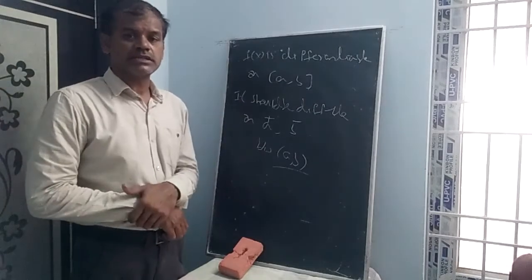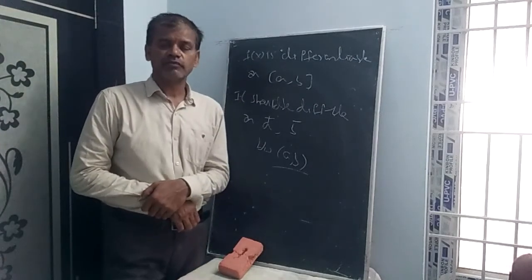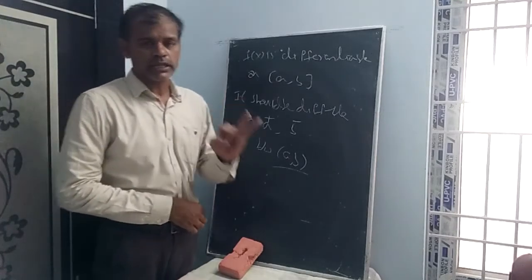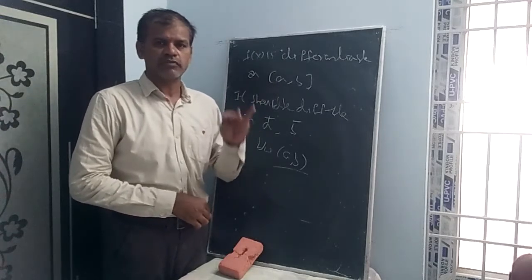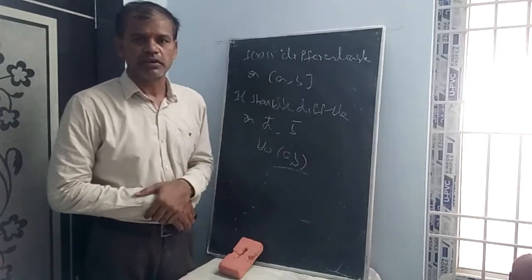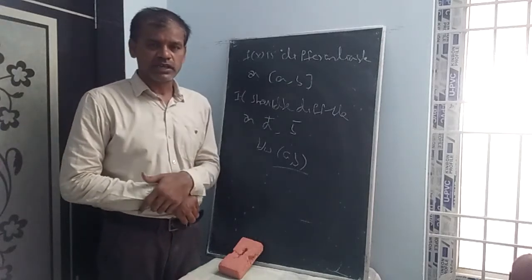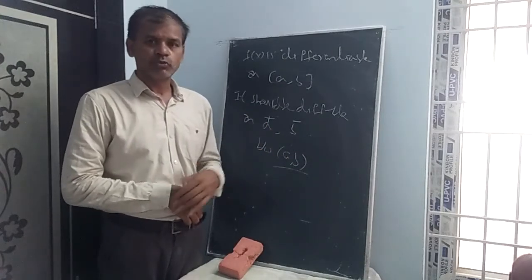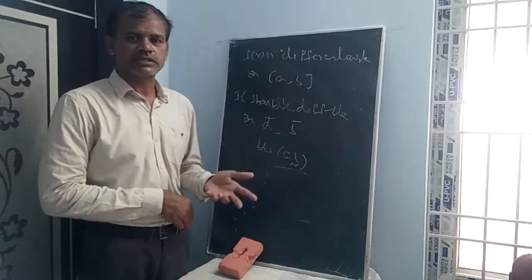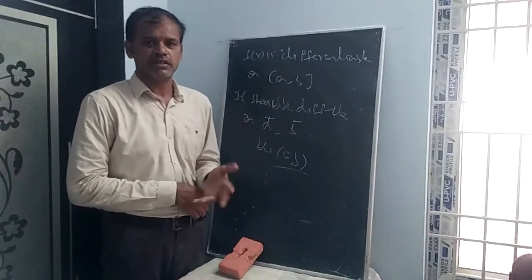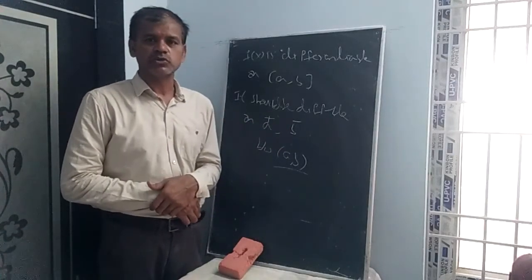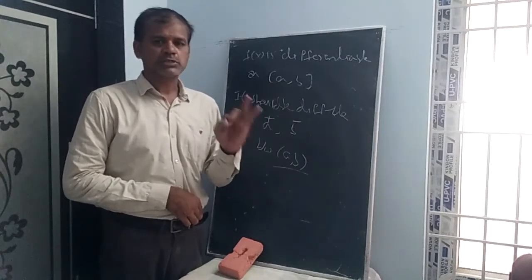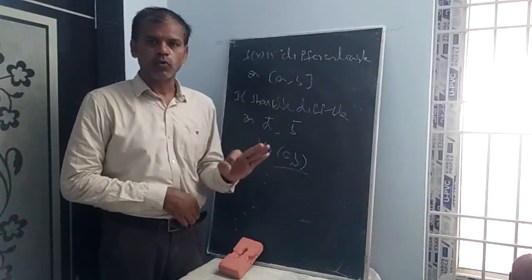Next, yesterday we discussed that every trigonometric function is continuous. In a similar way, we can say that every trigonometric, logarithmic, algebraic, and exponential function is differentiable, depending upon the domain. For example, the derivative of e power x is e power x, the derivative of cos x is minus sin x. For every function, we have learned the derivatives using first principles. So trigonometric, algebraic, and exponential functions are differentiable over their domains.